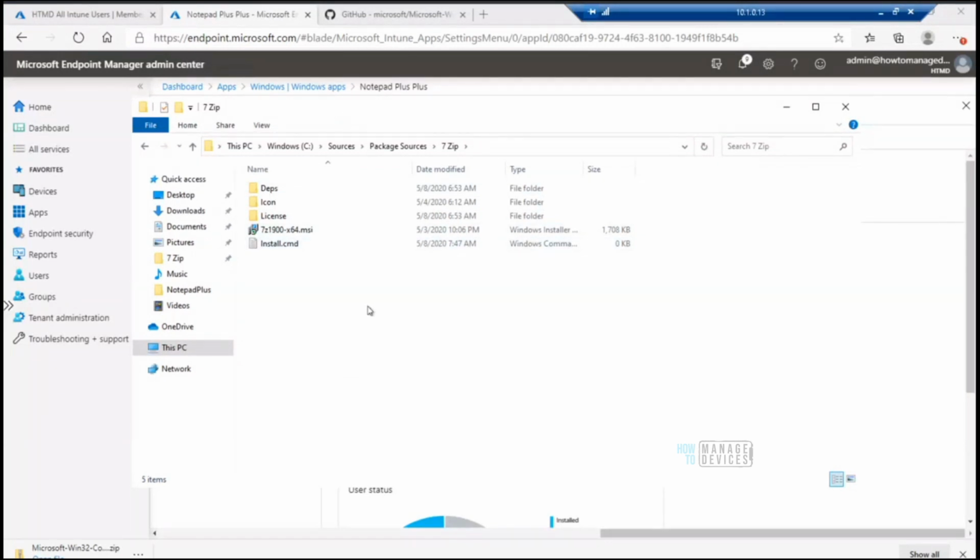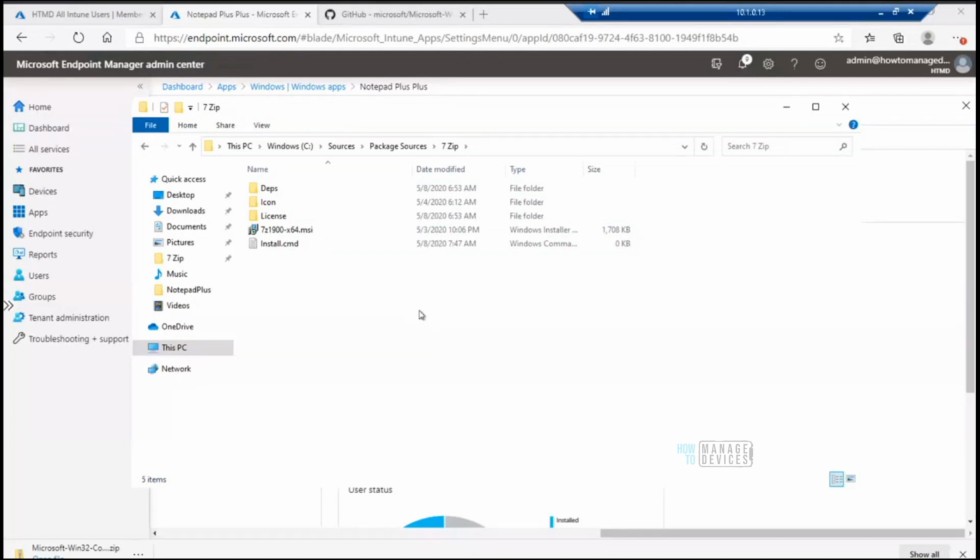So what we will do in that case? From an SCCM perspective, this will be your package source location folder structure. You will have a CMD file or batch file, then you will have an MSI, then some dependency files like license files. This is the source location for you.